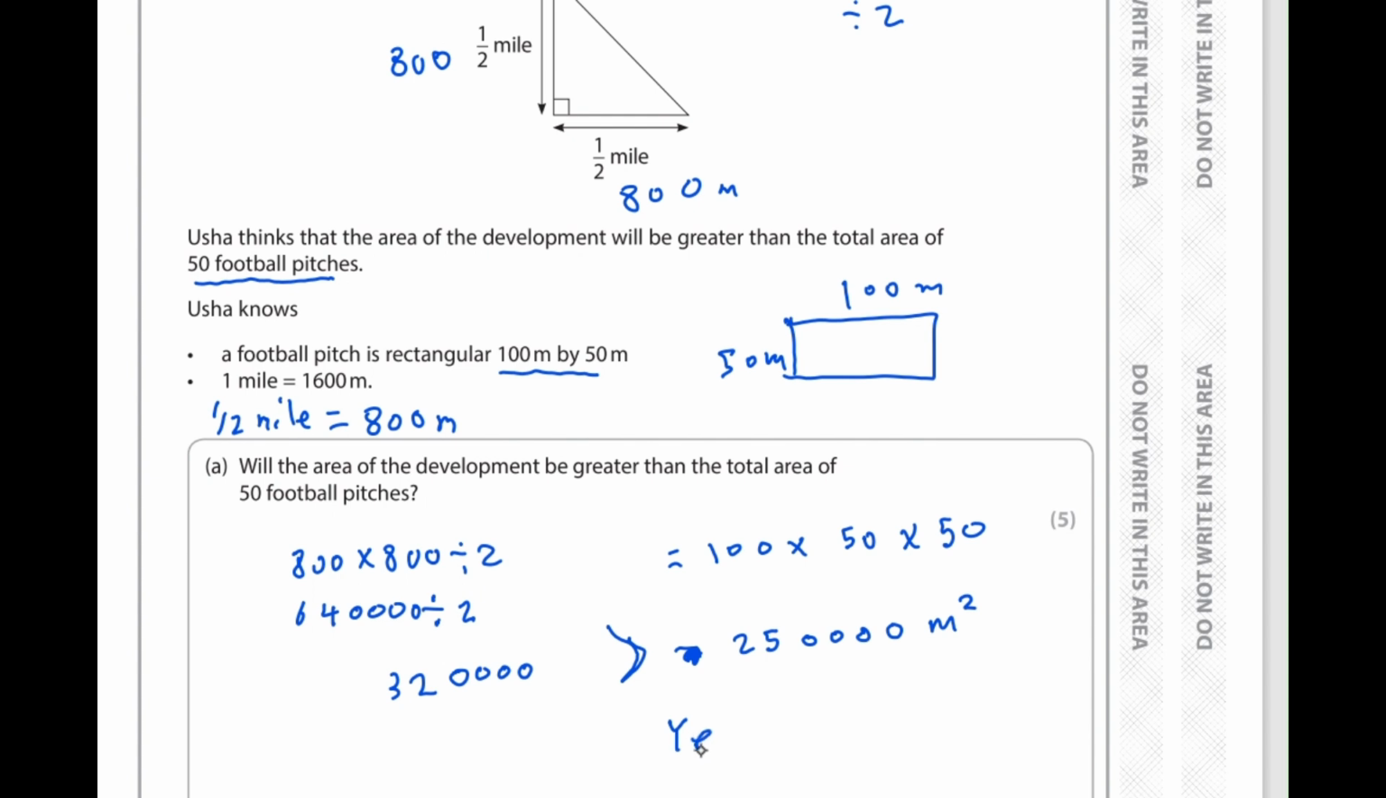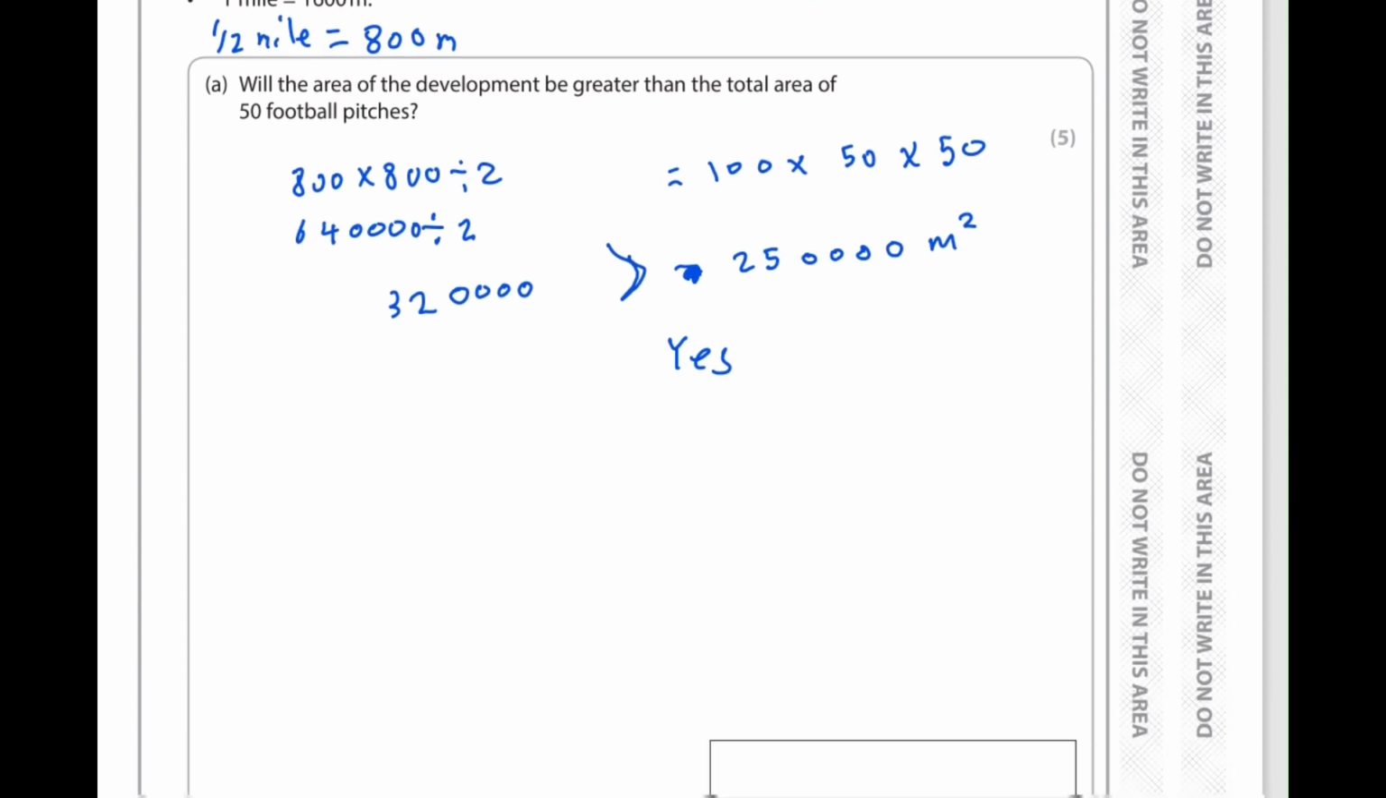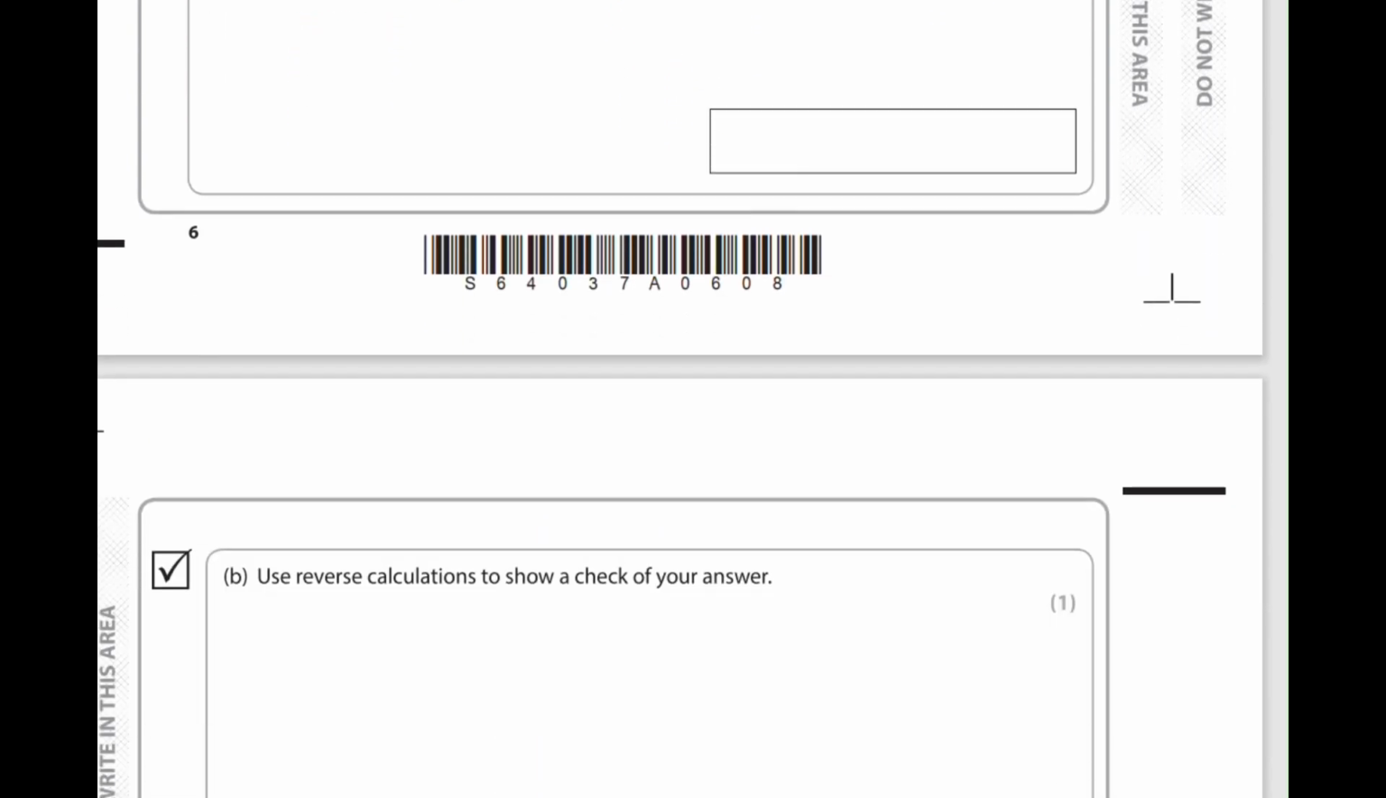Okay, next one. Use reverse calculation to show a check of the answers. This one is pretty straightforward. We can just say 320,000 divided by 800. That becomes 3,200 divided by 8. 32 divided by 8 equals 4, so 400. So our answer would be